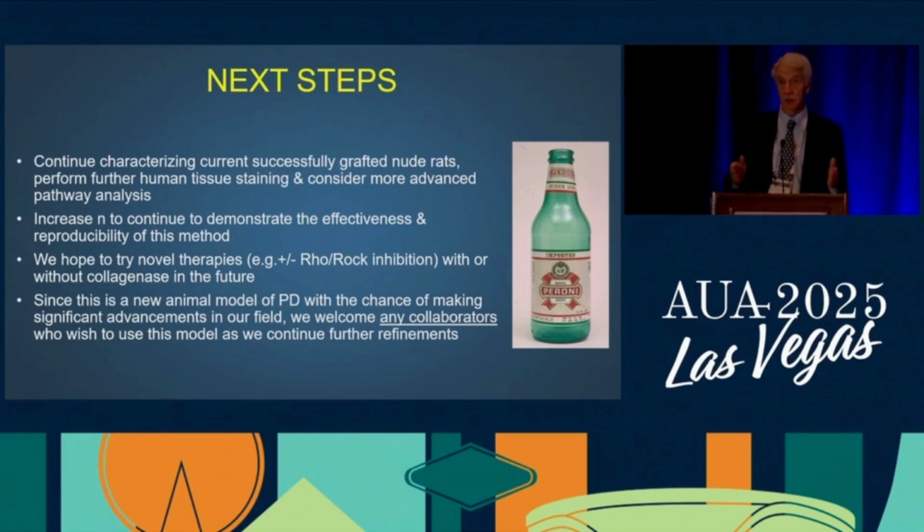But what's here is you can have the same animals, multiple of them, and you can try different treatments at different doses and learn something very quickly so we can make more advances. We can use combination therapies. We just mentioned the ROROC pathway, which is something of great interest in fibroproliferative diseases. We can try different agents at different times, and we may actually provide a preventative measure. When patients come in early, we can potentially treat these people at an earlier stage and not develop a severe condition. All of this is open, but I think it basically sets a foundation that we can move ahead on and make great advances in Peyronie's disease.